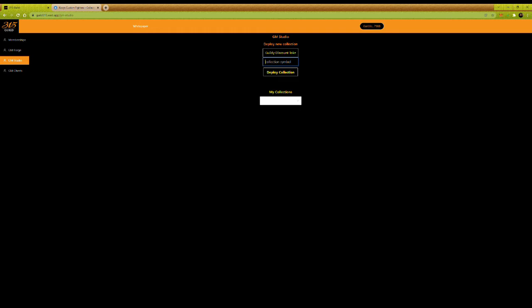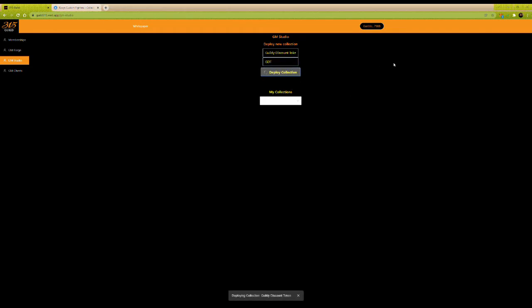And then collection symbol, you usually don't see these because a lot of marketplaces don't include this information for the collections, but this is essentially the same idea as like the ticker behind a coin that you would be looking for. So like ETH USD, something like that. But this is specific to the collection of NFTs. So for this, we're going to do GDT, Guild Discount Token. Now let's deploy the collection. So all of these collections will be deployed on the Polygon network. So when I click deploy,